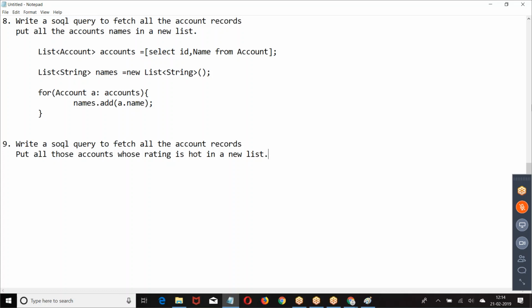Put all those accounts whose rating is hot in a new list.